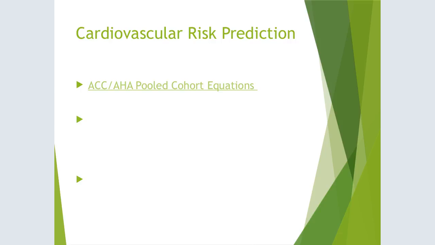Cardiovascular risk prediction. Take the quiz, which is the cohort equations. Check your blood pressure at least 3 days per week, and what are your numbers? So let's talk about that. There's that quiz. This link should work for you. Take it and see what your risk was. I think I took mine. I can't remember if I did. And look at your numbers.